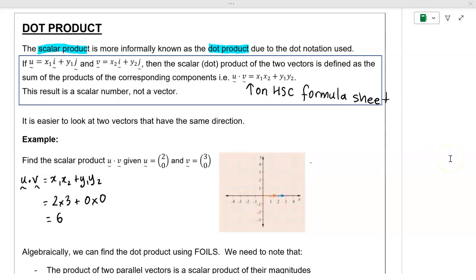Hi, Year 12. So today's video is looking at the dot product. The scalar product is also called the dot product. And the reason it's called the dot product is the way we write it, it has a dot between the